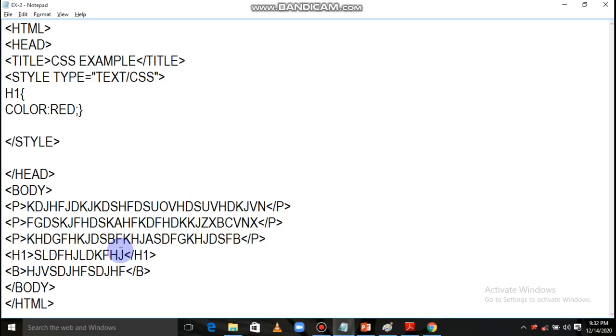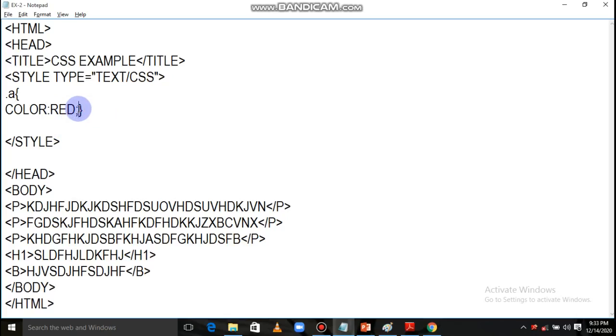Next that we have is the ID selector. What is the ID selector? If you want to define a CSS and use that CSS wherever you want, for this we have the ID selector and the class selector. So let me tell you the class selector first. For the class selector, the first prefix you need to put is a dot and you need to define a class. Suppose I am having one class named A, and here color red